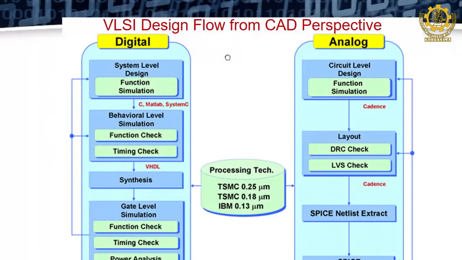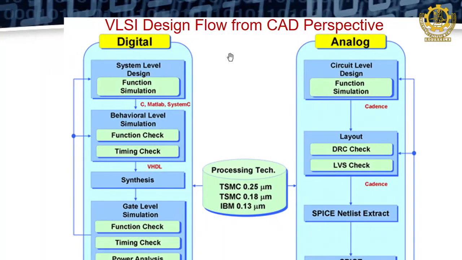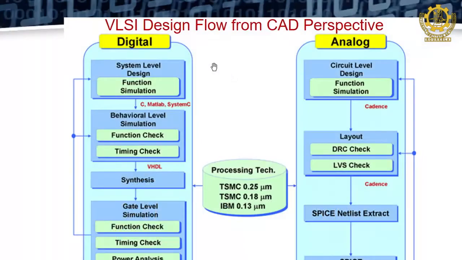Those tools help us to learn the process easily and carry out many things automatically. But again, you need to have proper knowledge of the design flow and the fundamentals of circuits as well as digital design, and at the same time the knowledge of using the tool. Okay. So let us start with digital design, and then we will go to analog design, and finally towards the end the fabrication part will come.